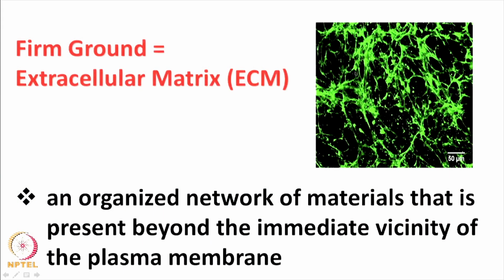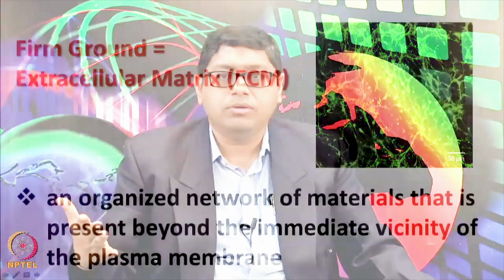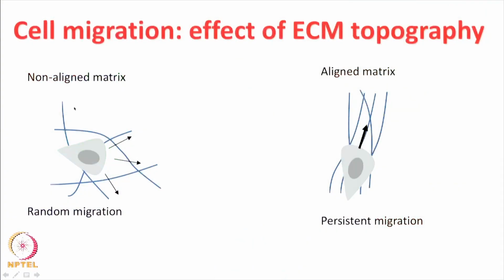So, if you look at this particular picture of the extracellular matrix, what you find is, if I were to take each fiber and look at how it is aligned, I would find a distribution which is uniform, which means there is likelihood of fibers existing in multiple defined alignments without any preferential direction. Okay. So, you can have a situation of what I would call a non-aligned or a completely random matrix,